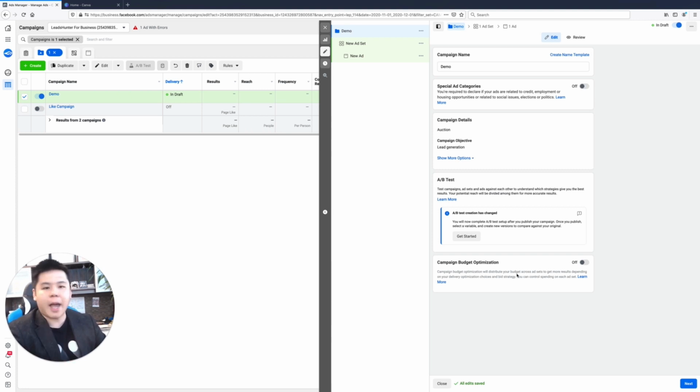Now, next thing is campaign budget optimization. Should you be using CBO or not? Well, first things first, if you're scaling your ads, it is important that you use CBO. But if you're just testing out your product or your offer or your services and you're seeing what is sticking to your market and what your audience is responding to, then you simply want to have this turned off